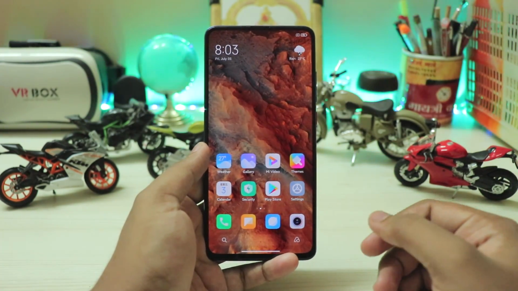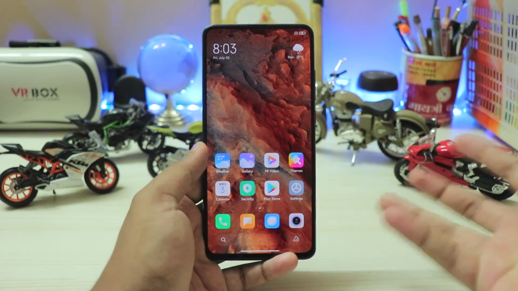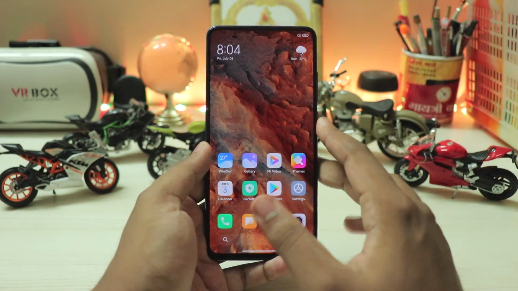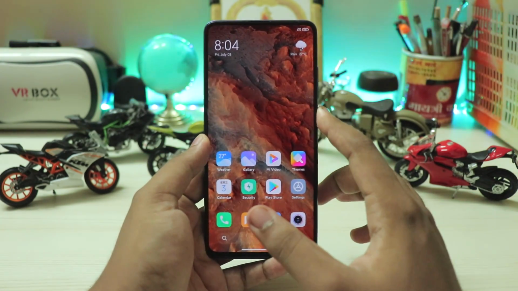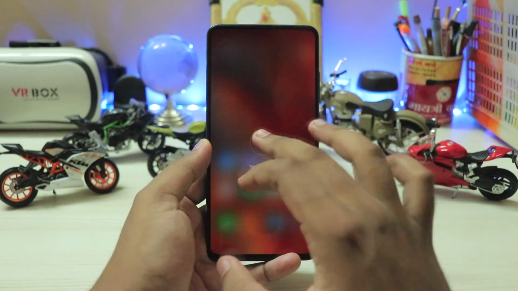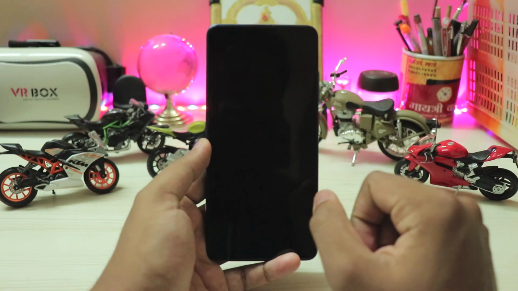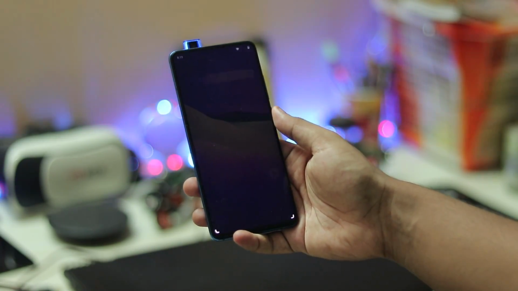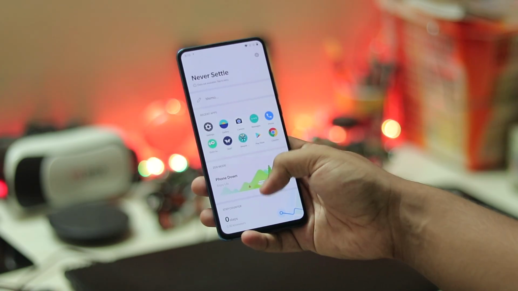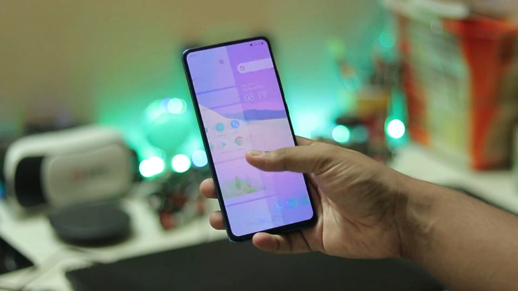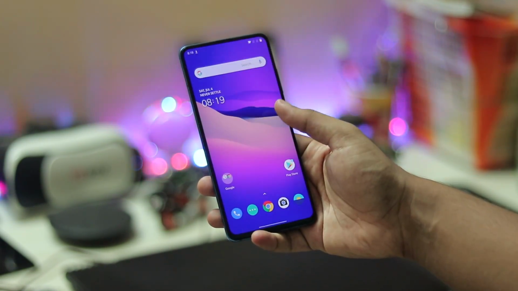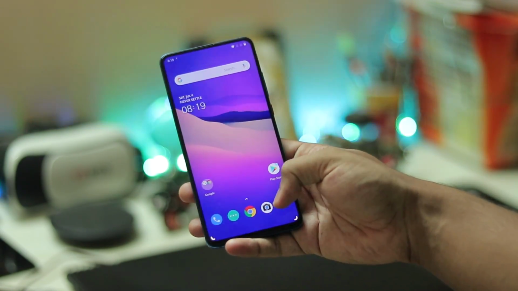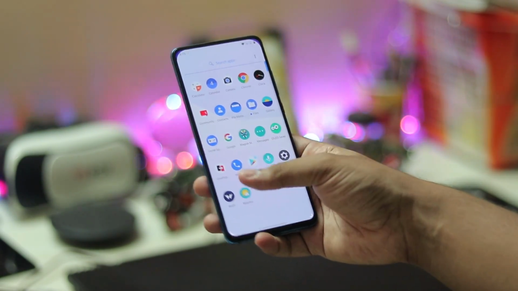First of all, you will need an unlocked bootloader. Just open your settings. You will need an unlocked bootloader, and unlocking the K20 Pro is not that hard. It barely takes a week. Power off your phone. If you have already unlocked, you know how to go to fastboot mode. The bugs over here are pretty much nothing. The only thing that will stop you from using this Android OS as a daily driver is the fingerprint scanner. The in-display fingerprint scanner hasn't been fixed completely yet, but by far the pop-up camera is now completely fixed. It works like it's system integrated. You do not need macros and stuff.